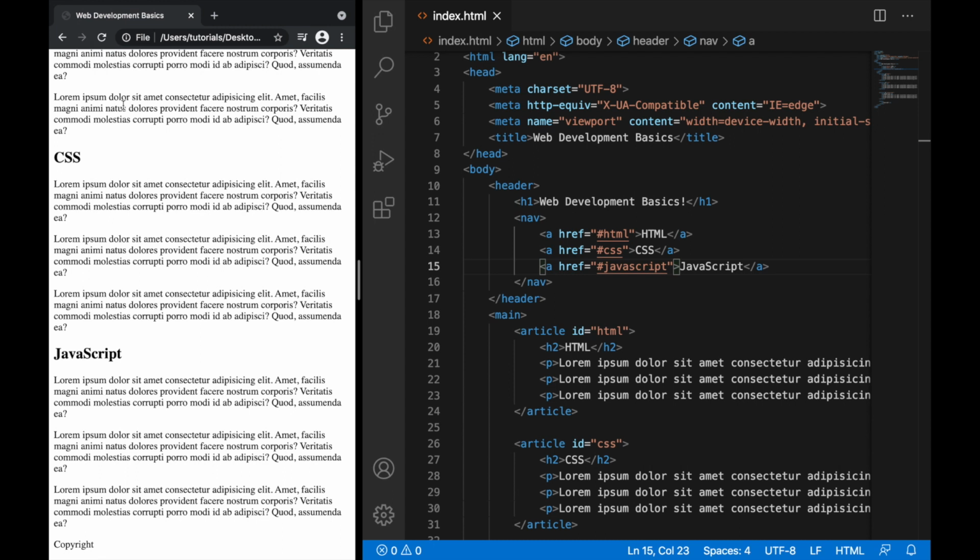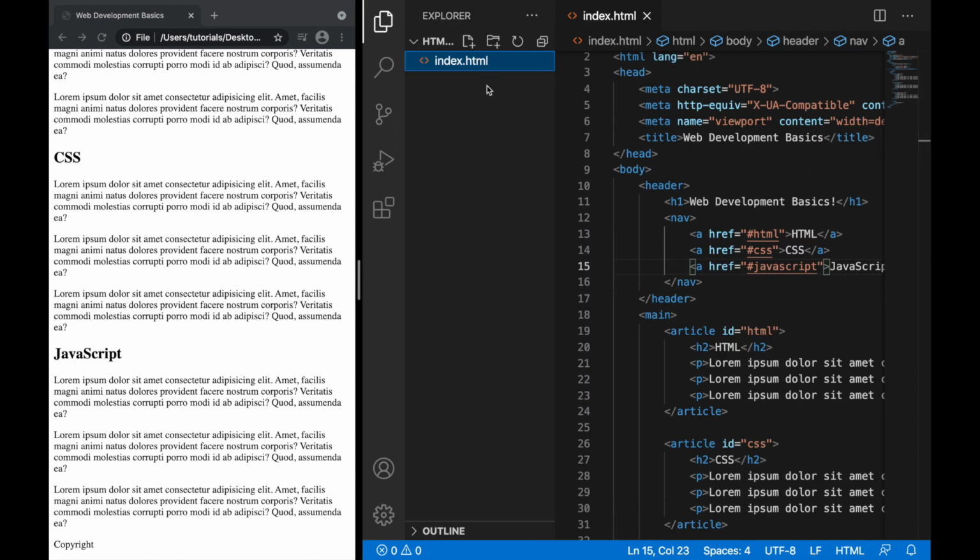So now we have talked about how to link to external resources, how to link to different sections of the page. Now let's talk about how to link to other pages on our website. And in order to do that, what we're gonna do is we need to create other files. Let's go back to Explorer. Let's click Create New File, and let's create